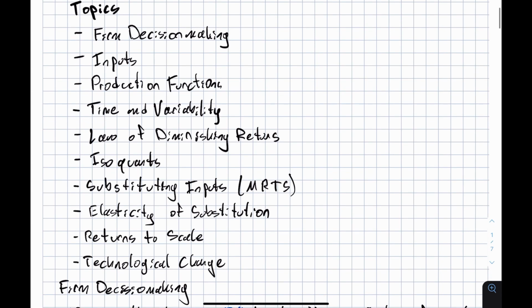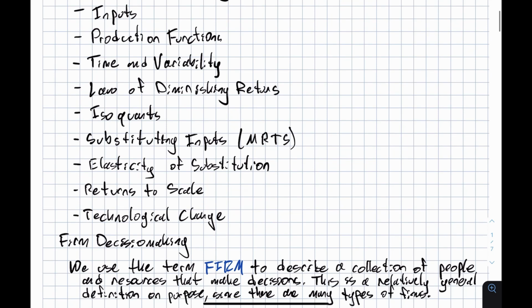We'll talk about what inputs mean. We'll talk about the production function. We'll talk about time and how costs and firms' decision making varies over different time scales. The law of diminishing returns, you've probably heard of this or seen it before. We'll just overview that. We'll introduce the idea of isoquants, which is essentially the firm's